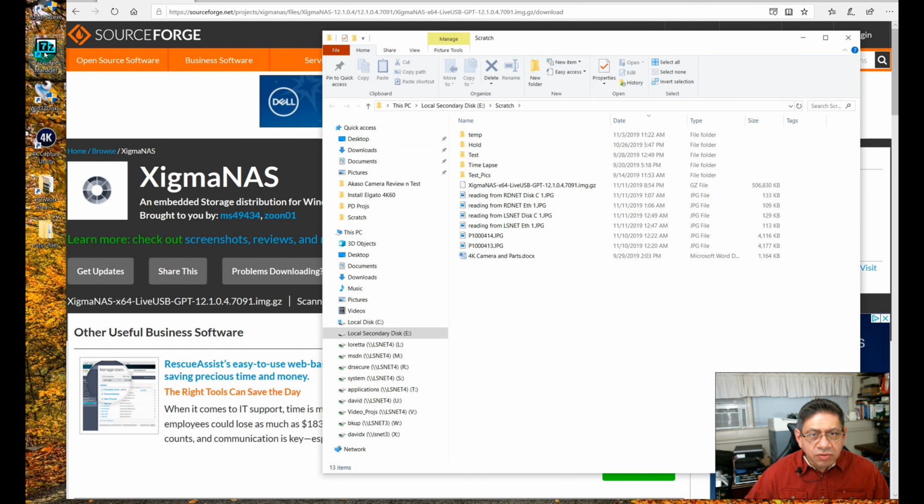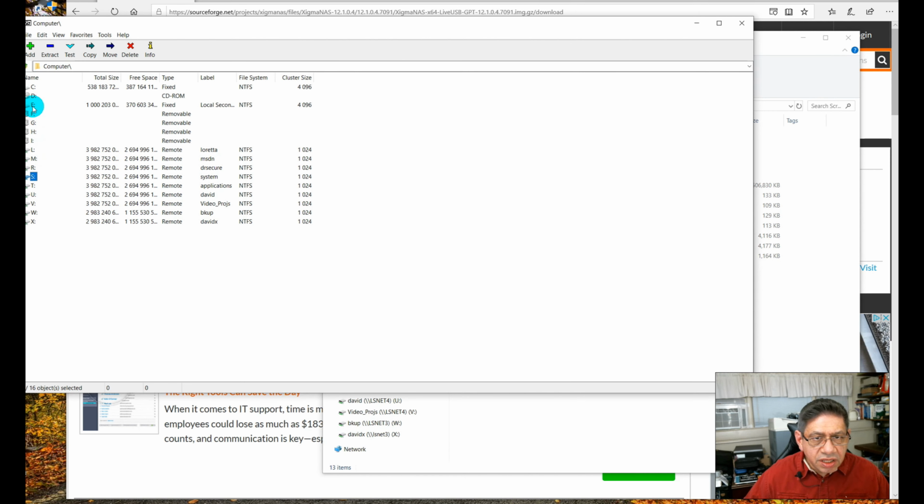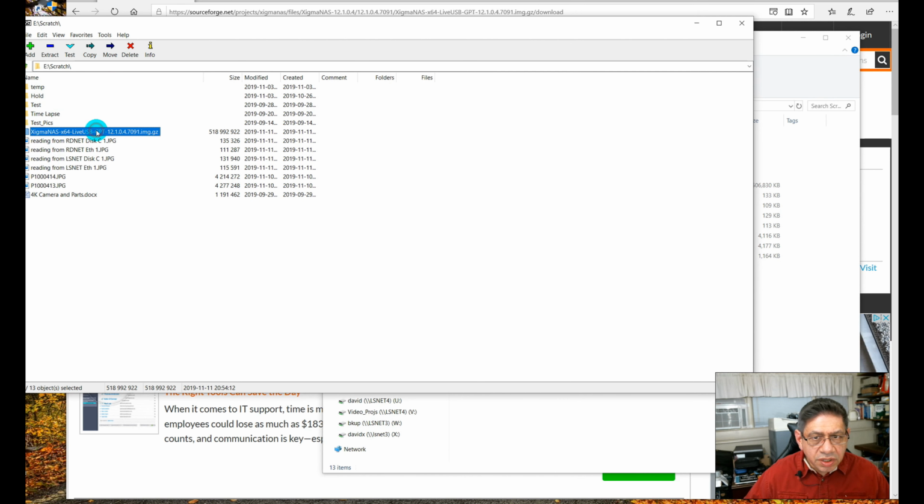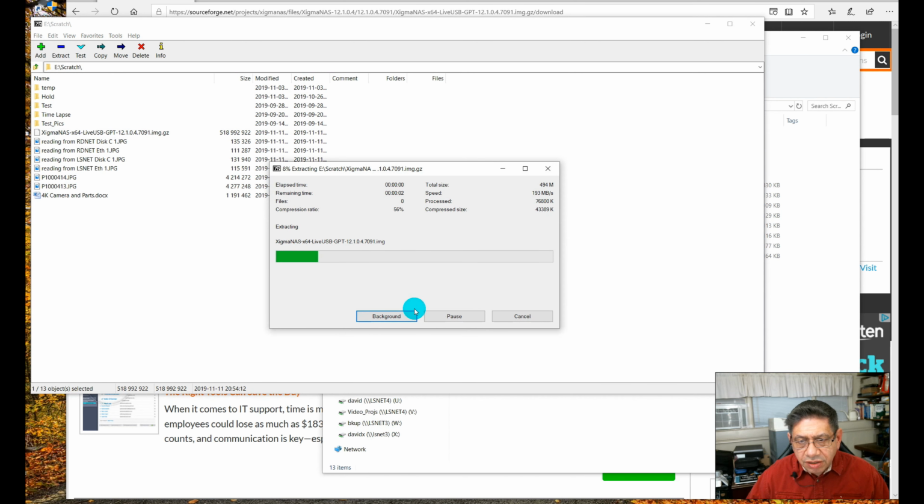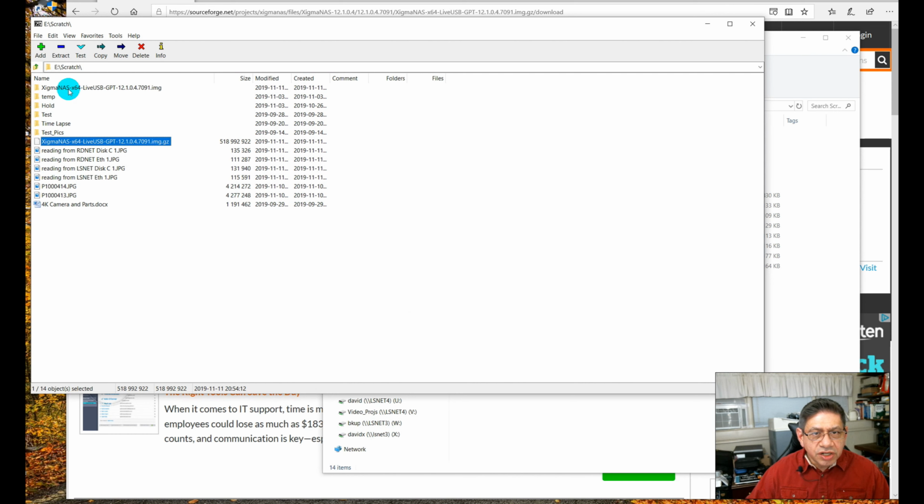So what we'll do is I'll run 7-zip, drive E, my scratch, and I'll select that file, which is the gzip for the latest version of XigmaNAS. Click on that, click on extract. It'll extract it right into the same directory. It actually creates another directory for it. All the options are pretty much the same. It'll convert it into the non-zipped format of it. Say OK to that. So it actually created a folder here called XigmaNAS, and it has the same name as